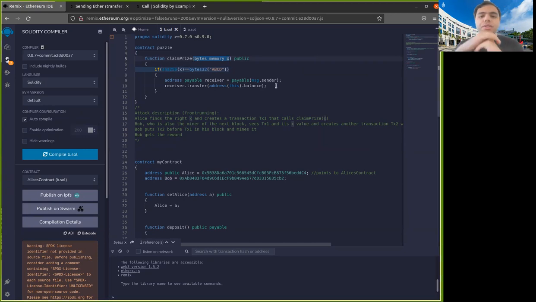So what you would do is that you would create a transaction that has a function call in it, and that transaction would call claim price and give the right value of X. But when you put this transaction out and you publish it on the network, a miner will see it. Now, normally what a miner should do, if the miner is honest, is that they should just include your transaction into the block. But what would happen in practice, or maybe in theory, if the miner wants to attack you,